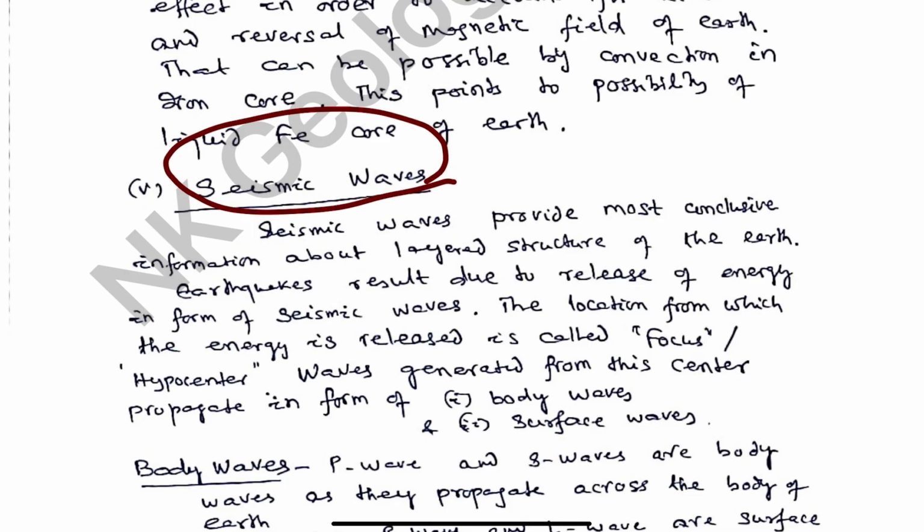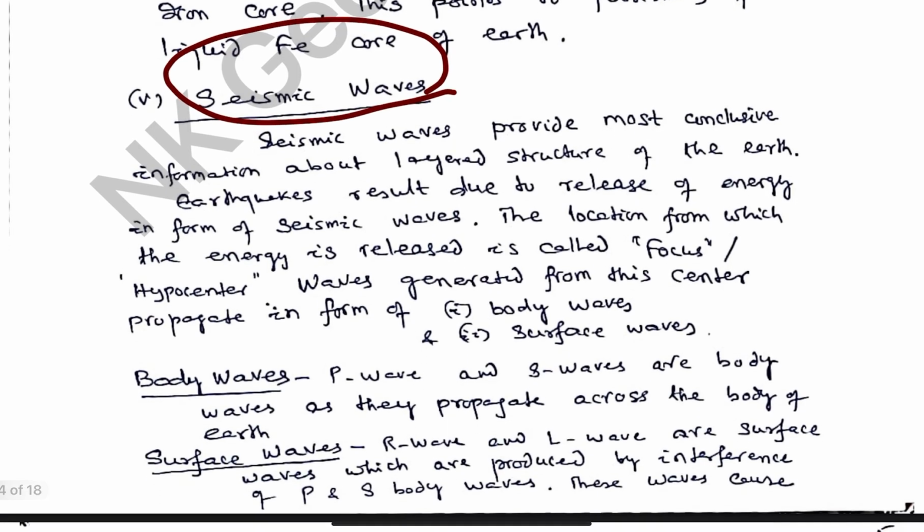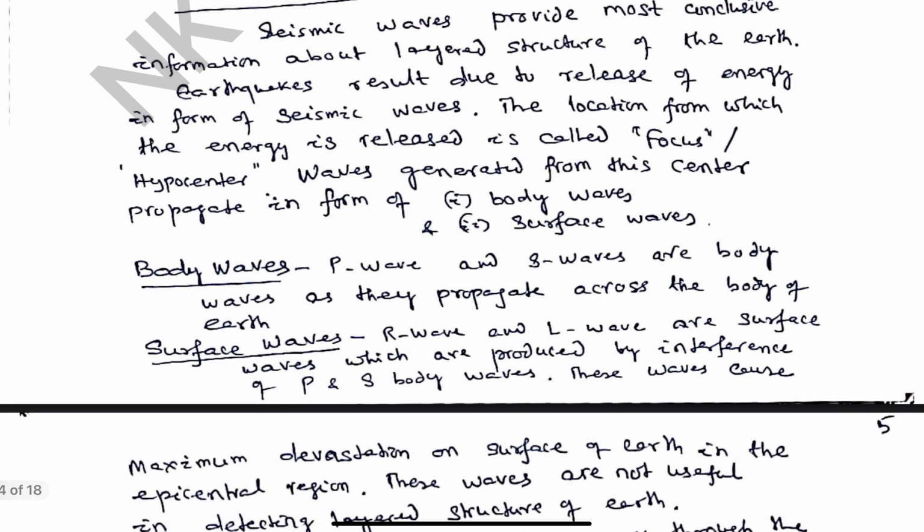propagate all through the Earth's interior, from the focus, from the place where the earthquake originated. From there, the waves move in all directions through the entire Earth, and their time of arrival at the recording stations is observed, and those data are analyzed in order to find out the internal structure of the Earth. The waves that migrate from the focus are body waves, that is P and S waves, or